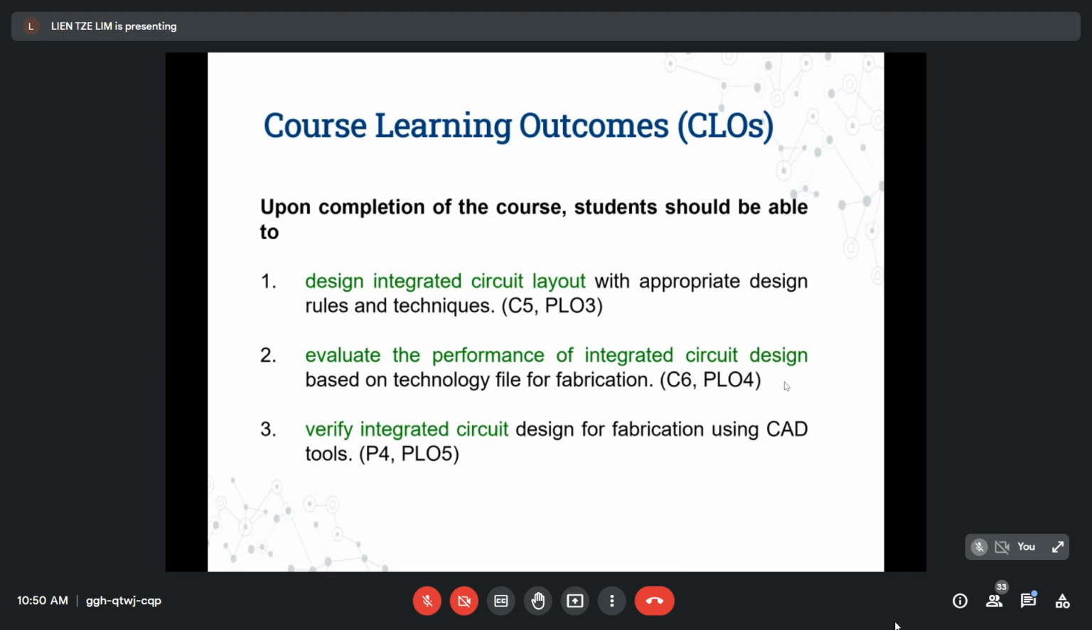Okay, let's have a look at the course learning outcomes. For this course, there are 3 course learning outcomes. These are the course learning outcomes, as you can see from the screen. These are the learning outcomes that you have to achieve upon the completion of this course. The first one